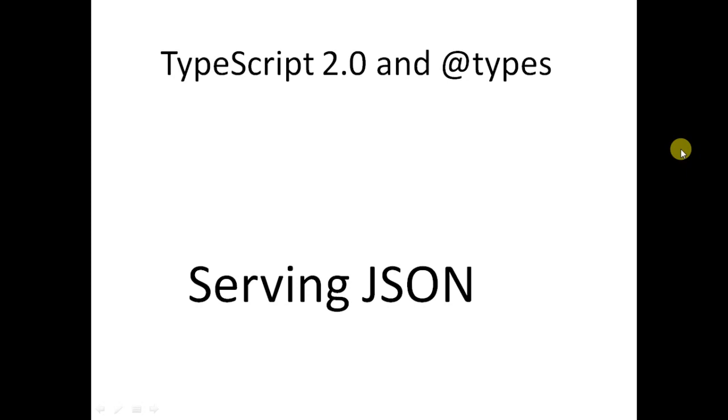So the Node web server needs to know how to serve JSON. To send JSON to the browser, you need to modify the header to specify a MIME type of application/json. The snippet